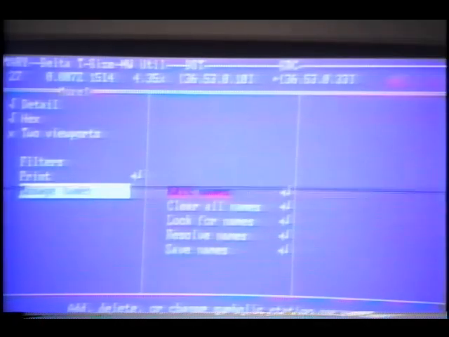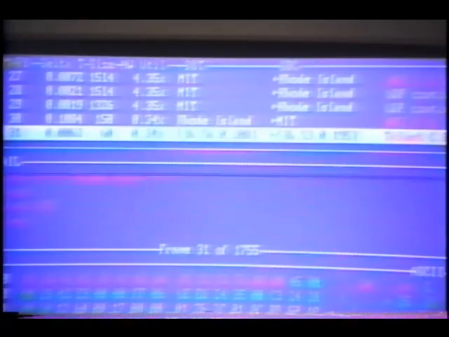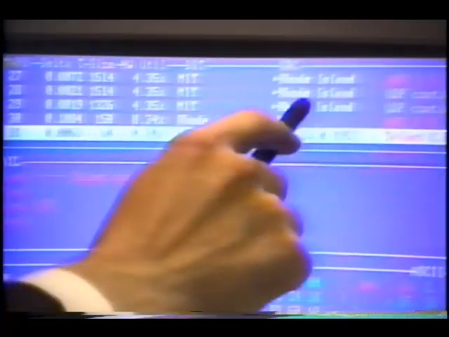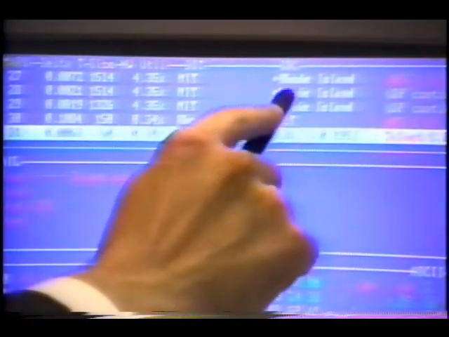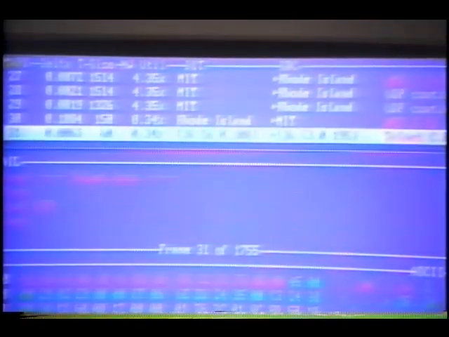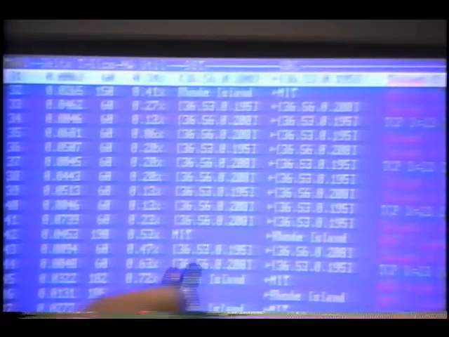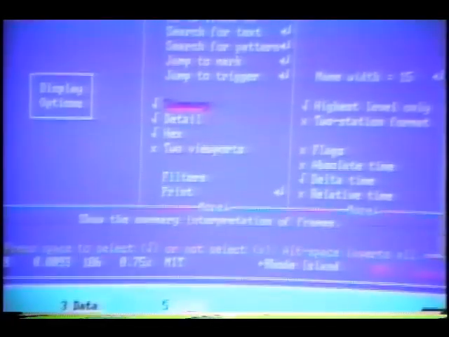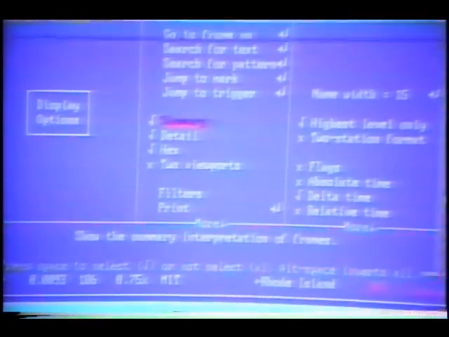And now all I do is hit escape, just as the screen instructs me, and now I display my data. Obviously, anywhere where I had a name on a physical address, on an IP address, the substitution has been made. And if I zoom in, we can see those places where I've made that substitution, the communication going back and forth. If I go back to F6 and go to my filters,